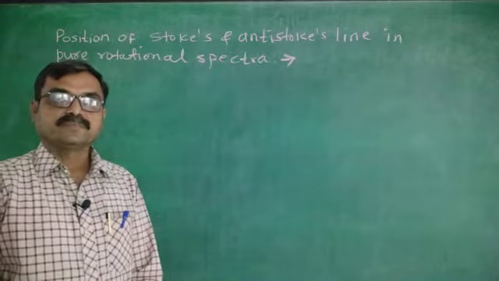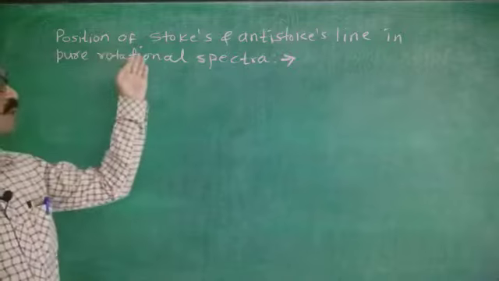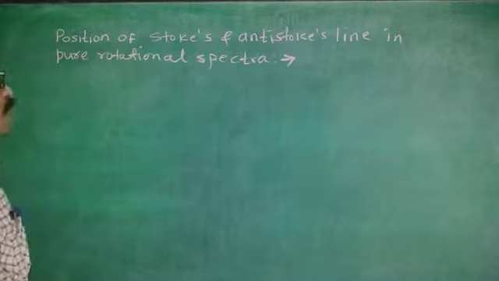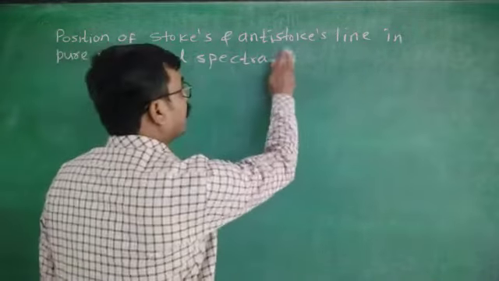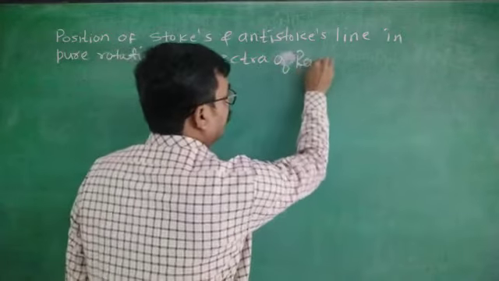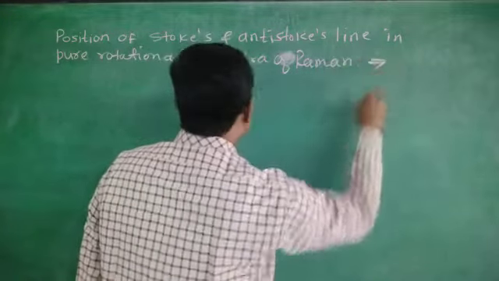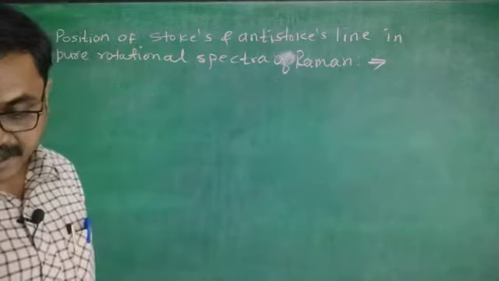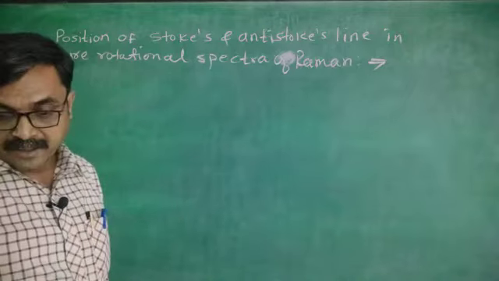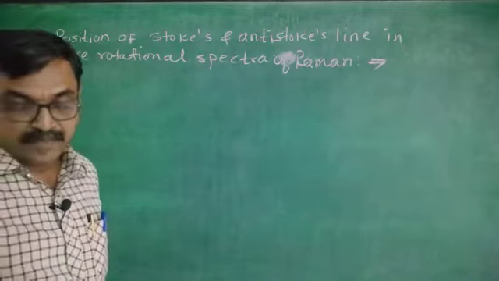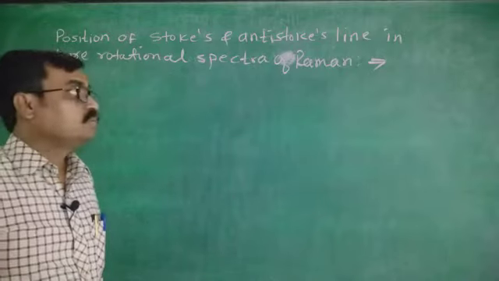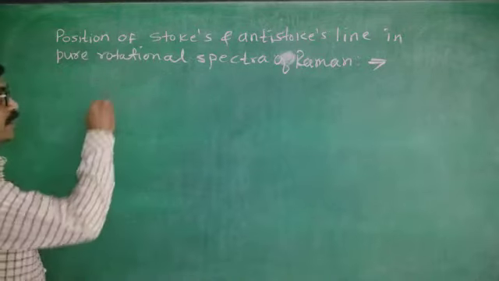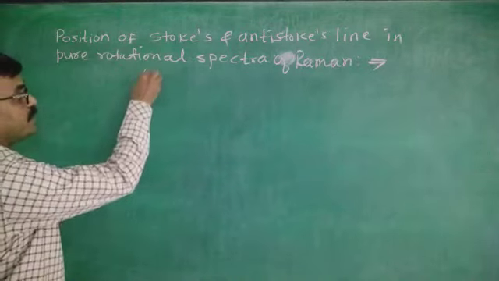Welcome student. Now see the position of Stokes and anti-Stokes lines in the pure rotational Raman spectrum, or it is known as a representation of rotational transitions and rotational Raman spectrum of a diatomic molecule. Now in order to see the position of Stokes and anti-Stokes lines, you must know that in pure rotational Raman spectrum this